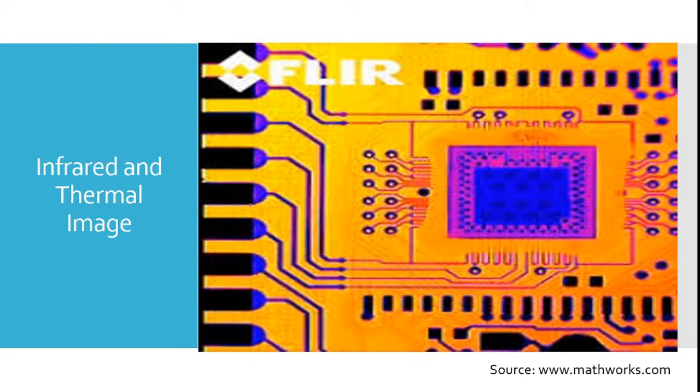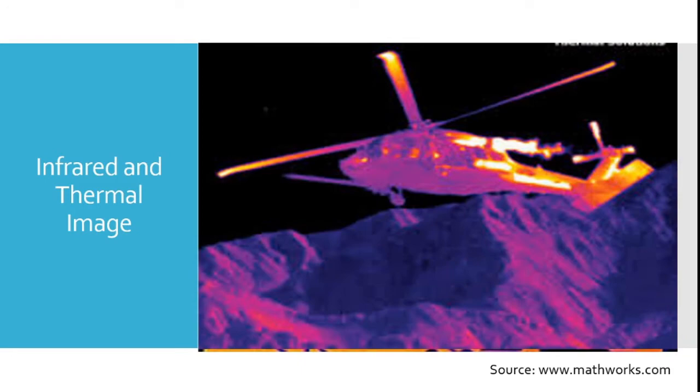This one is more example. Consider image enhancement, which takes a blurred image and provides you some useful information from it. Now, in the uses, we can find different kinds of infrared and thermal images. Here in the circuitry, you can find the thermal image. Infrared and thermal images are highly recommended in the army sector.